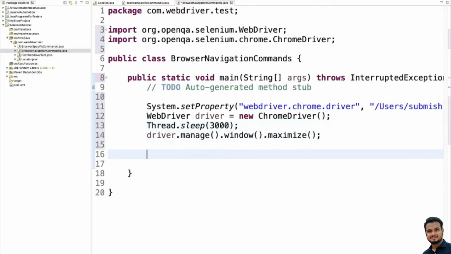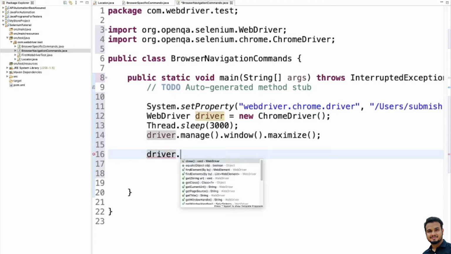Fine. So now you want to see what the navigation commands are, right? Just to remind, I have created an object and using that object we will try to access different methods.